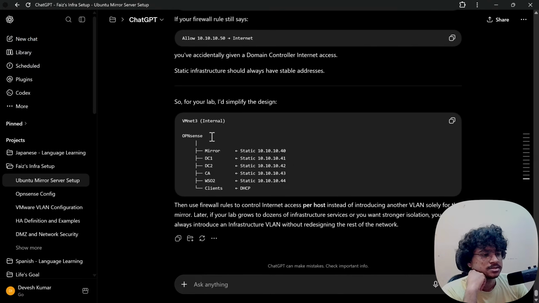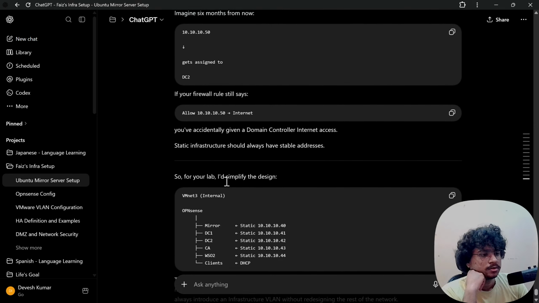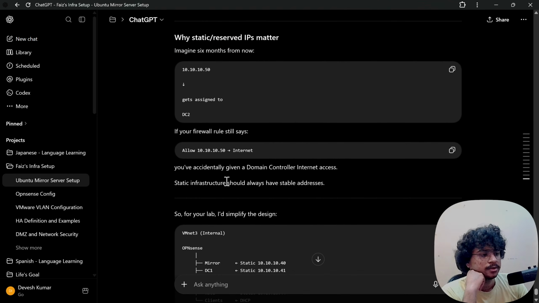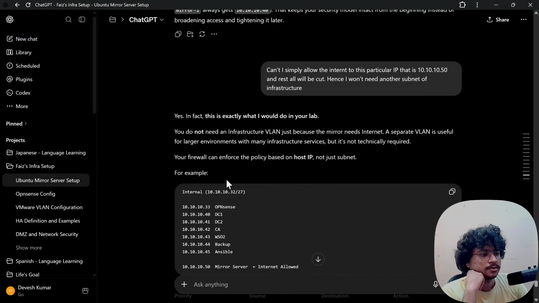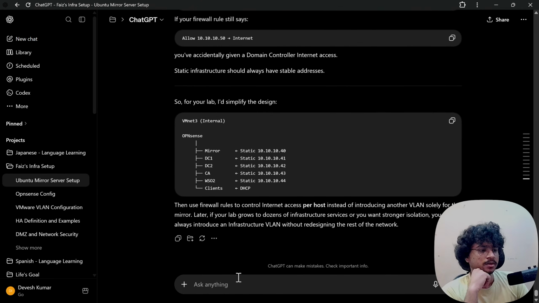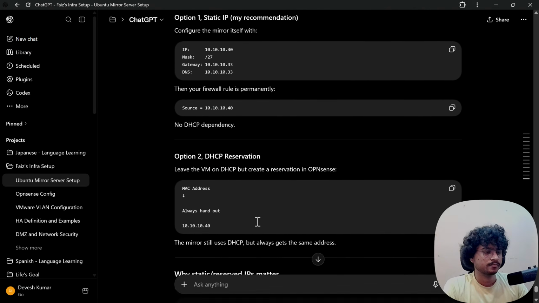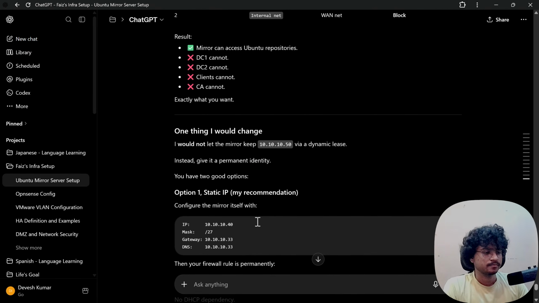I understand this is the static IP assignment, but I do know it's the firewall. I can assign the static IP later. Do this right now.